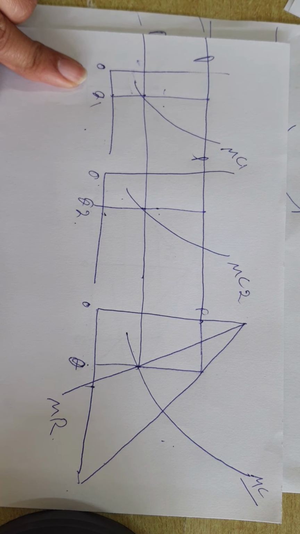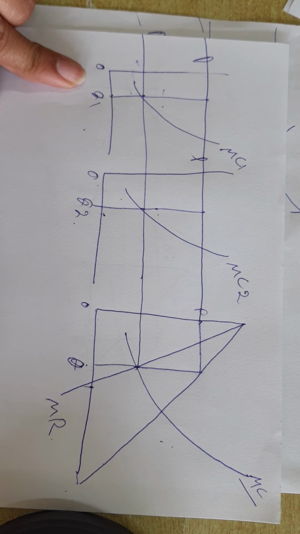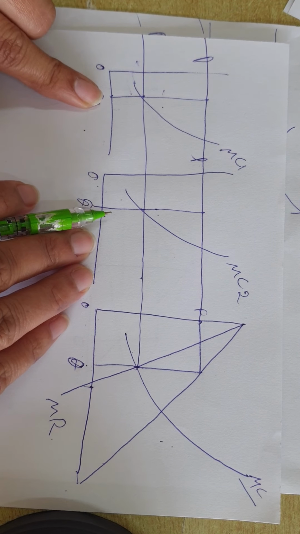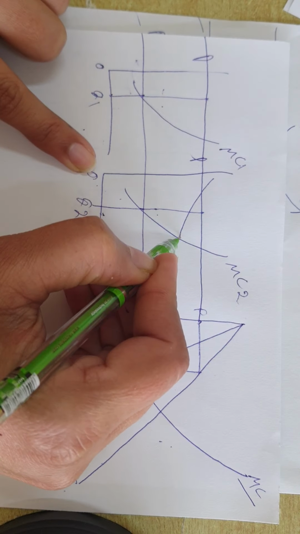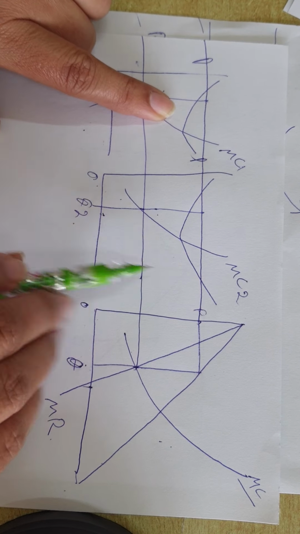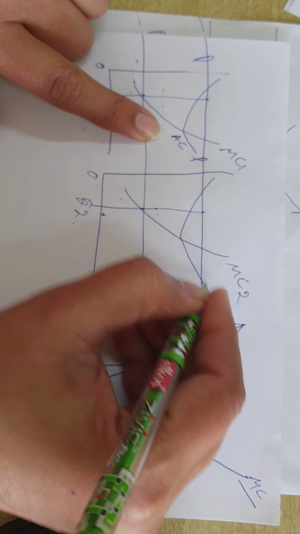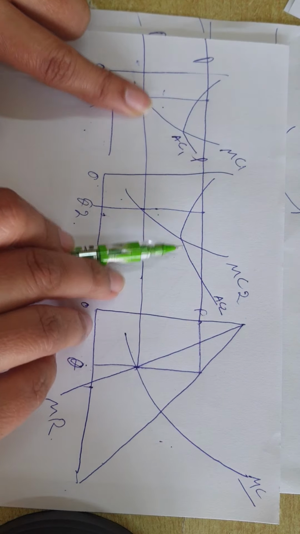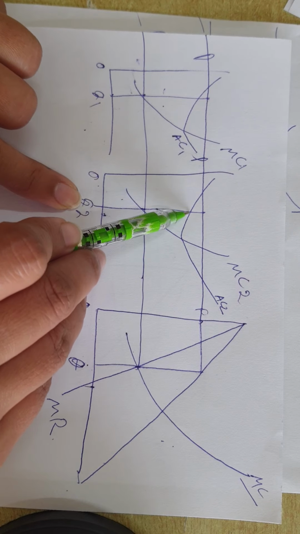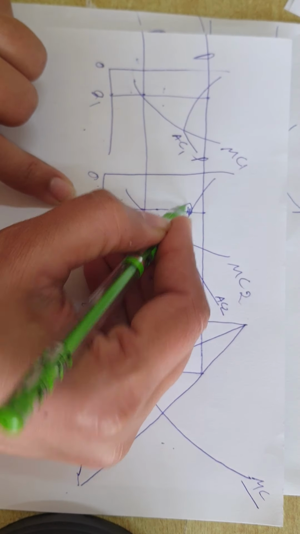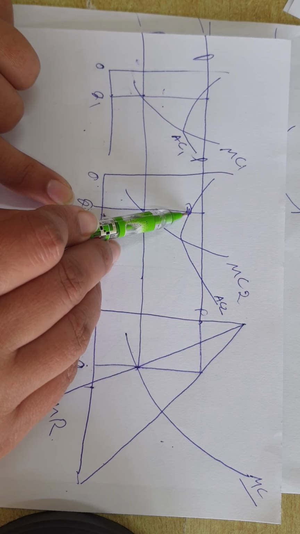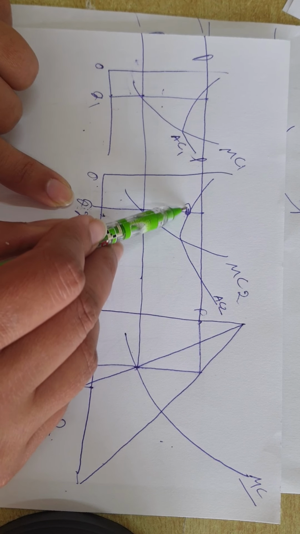Now we will discuss the profit. How much profit is earned by this plant and this plant. We will draw our average cost curve. Let me draw my average cost curve. See, these are average cost curves. Let me mention here average cost 1, average cost 2. Now we will see where these cut the average cost curve. I mean at this equilibrium quantity we will see the difference between average cost and average revenue.